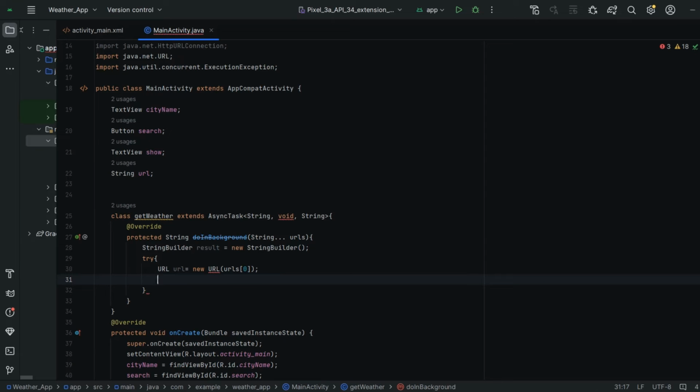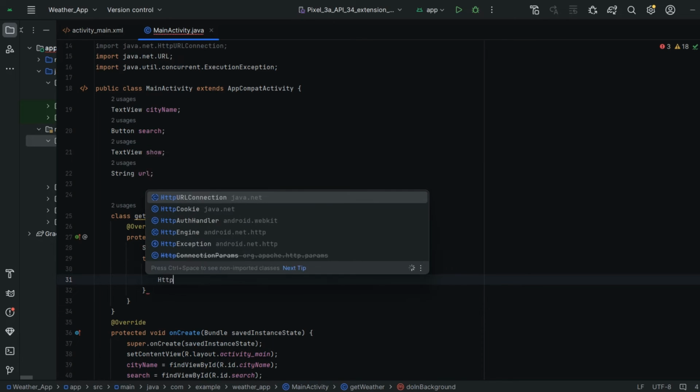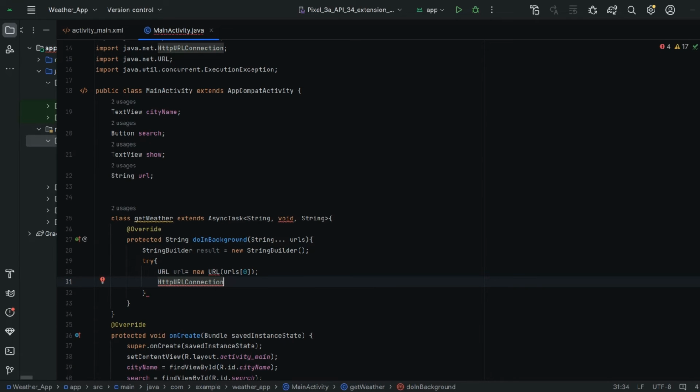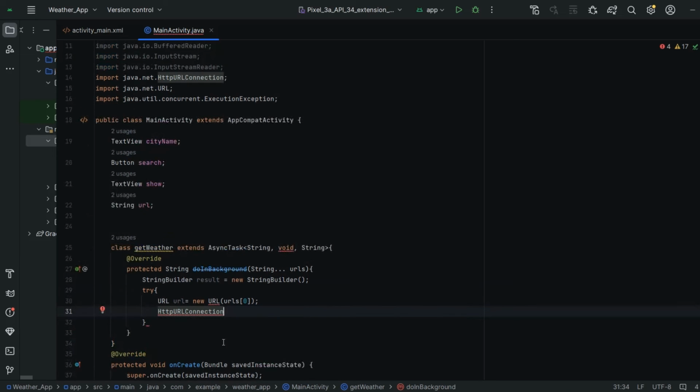Now we should establish the connection, guys, through the internet. So HttpURLConnection. I'm going to name it urlConnection. See, we imported java.net.URLConnection, right?